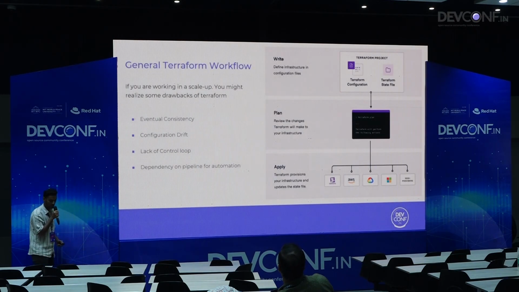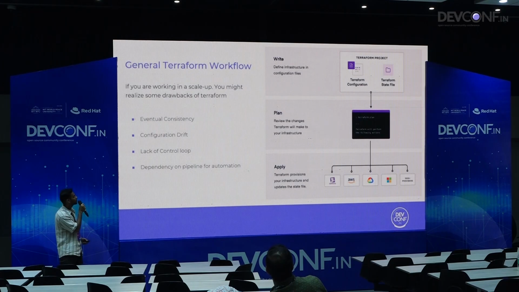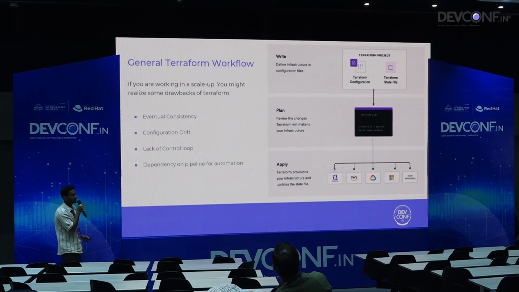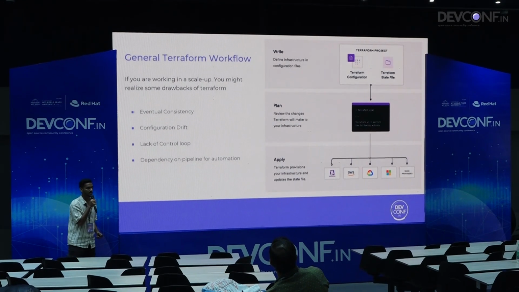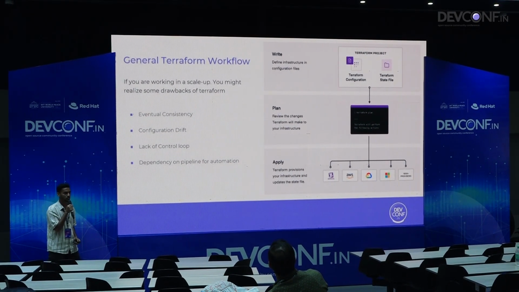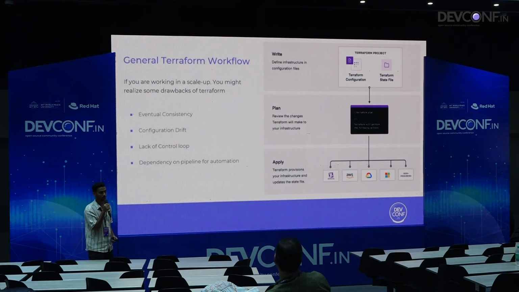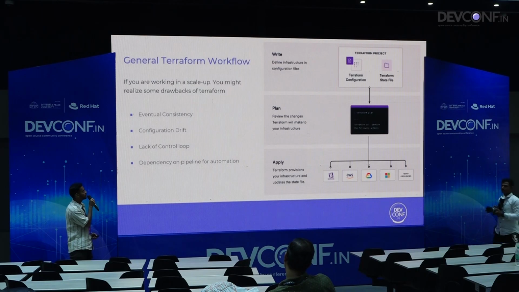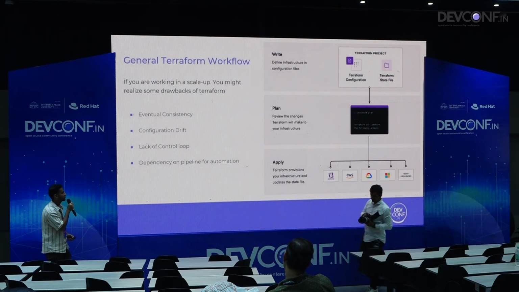Yeah, this is the general Terraform workflow, which has some of these problems. Eventual consistency is not a pattern in Terraform, because you just ask for the current state and then you do terraform apply. But what happens if somebody goes to AWS and brings down one EC2 instance, or there is some crash? Until you run terraform apply again, or you have made a pipeline based on some cron job, it will never be reconciled. So that is one problem, which is why you also face configuration drift.